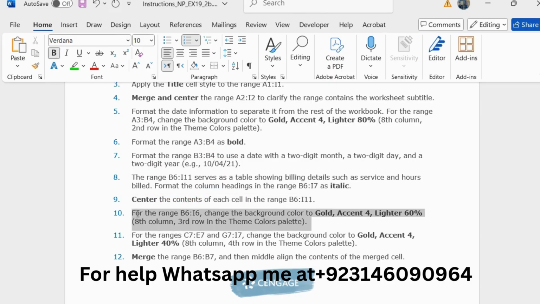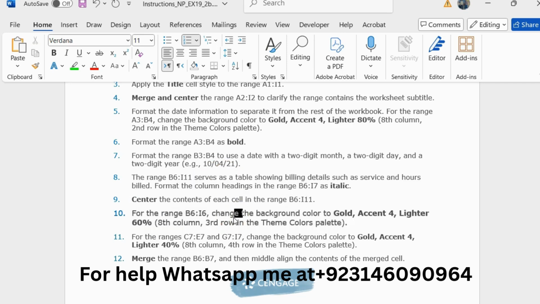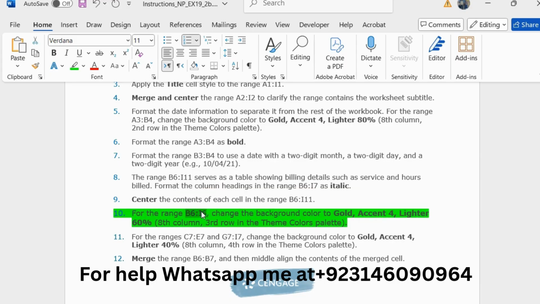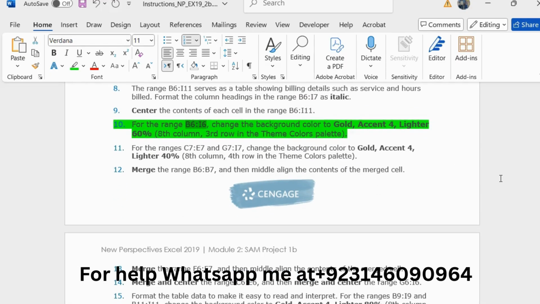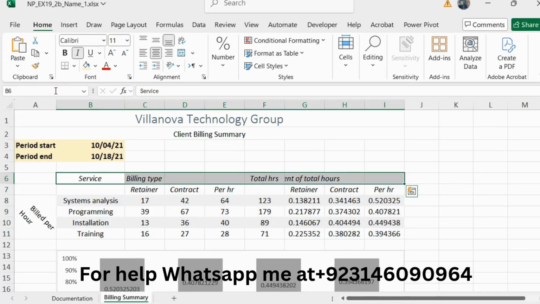Step number 10 is for the range B6 to I6, change the background color to Gold, Accent 4, Lighter 60%. Select the range B6 to I6, go to Excel and paste it here.